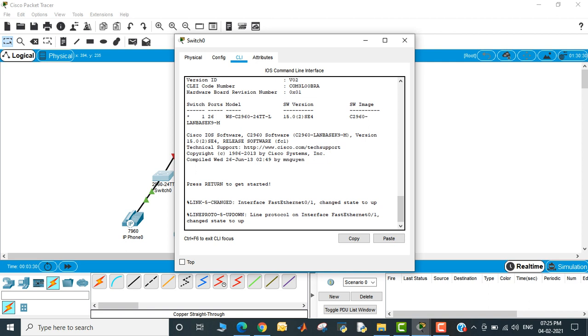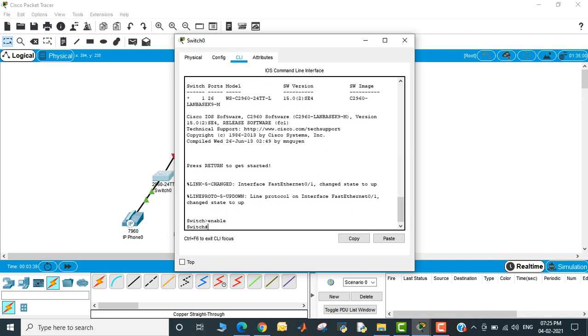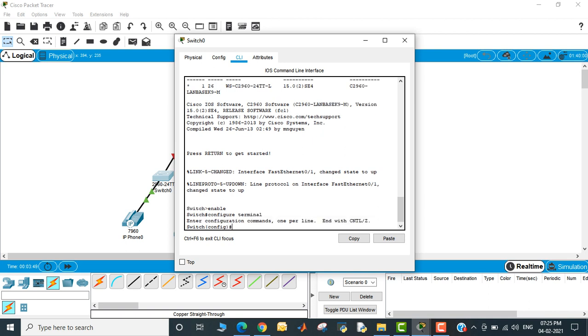For this I am going to the configuration of the switch. First we enable, then configure terminal. Then I want to give the interface range for the five phones.